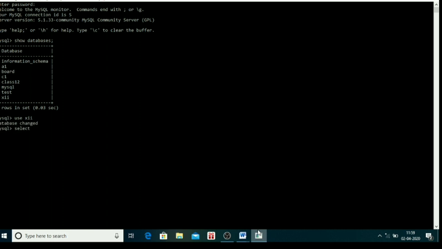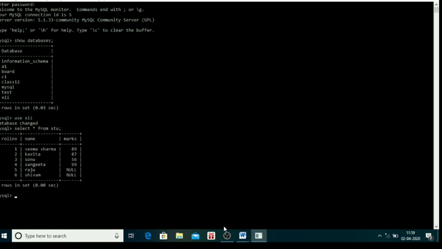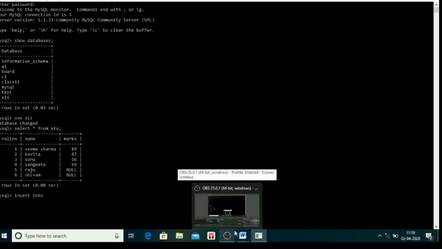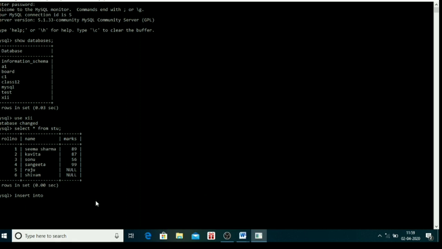Select star from STU. Now I will insert data, insert into STU values